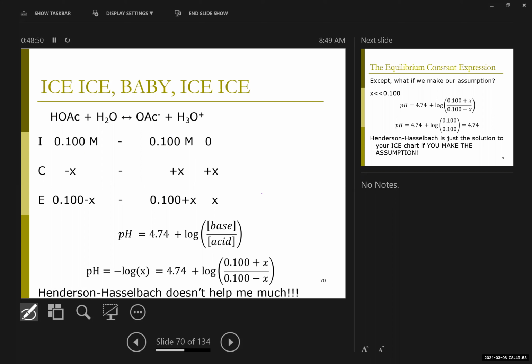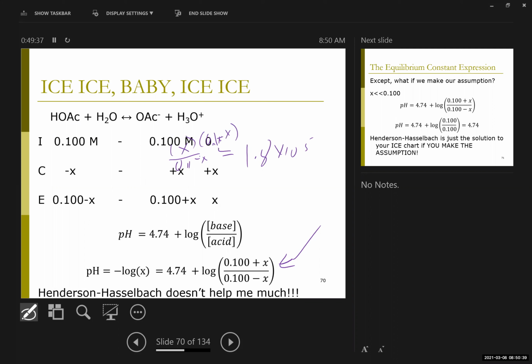I know if you're sitting there and have thought this through, you're like, why did you take a Ka, which was just products over reactants multiplied together, and turn it into a bunch of logs? We hate logs. And I would agree with you. This is hardly easier to solve than this was, especially because of, whoops, it doesn't quite fit there. Let's do it over here. Even if I had to use the quadratic, at least it's the quadratic. I've got a log over there.